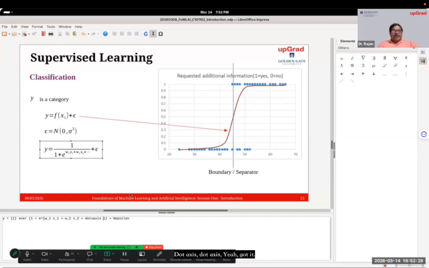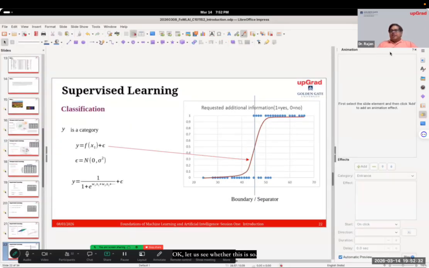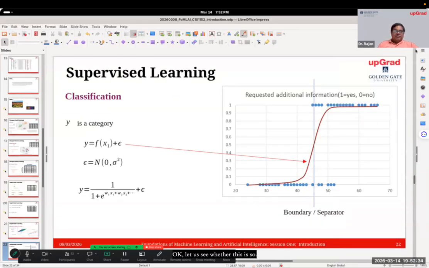Dots axis. Okay, yeah, got it. Okay, let's see whether this is